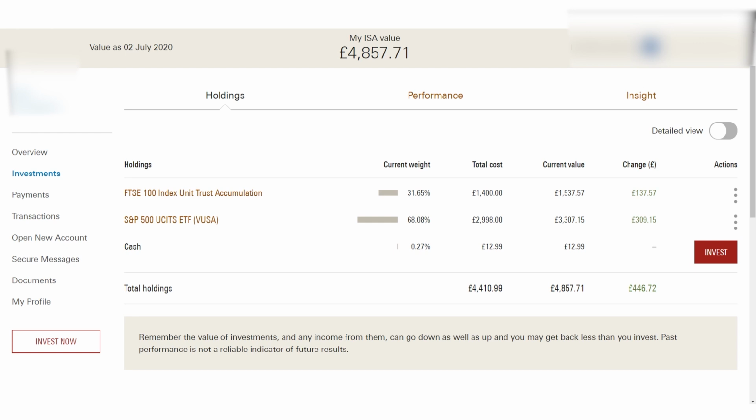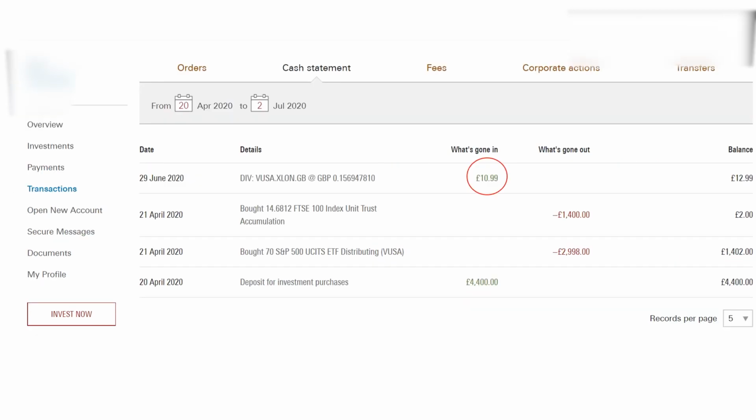This is the first month where I got paid out dividends. I'm quite excited to see my first dividend payout, and it's not bad. Isn't it amazing to see your investment grow visually and see it working for you? Here in my Vanguard account, you can see that I got paid out £10.99 from my S&P 500 ETF, which is actually not too bad, considering that you get paid on a quarterly basis. So I'll be getting paid this times 4, which is pretty much £44 annually, and this is just from the